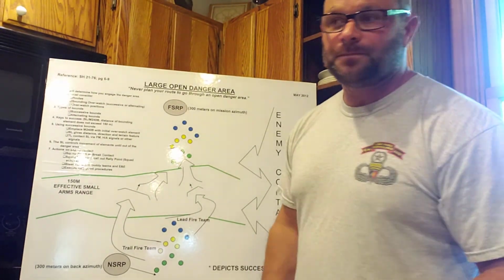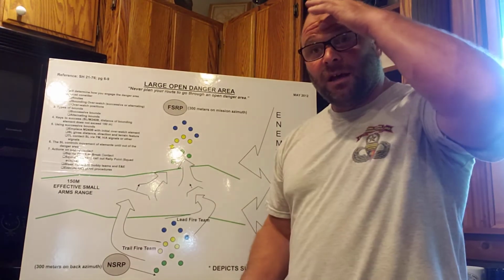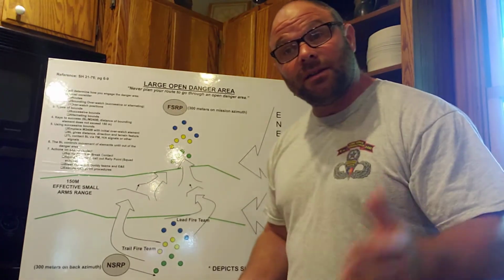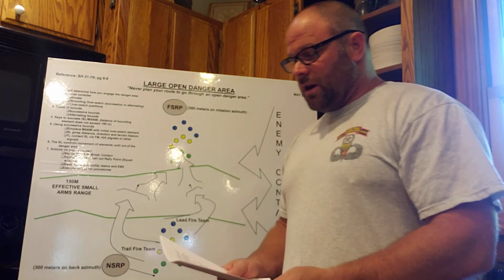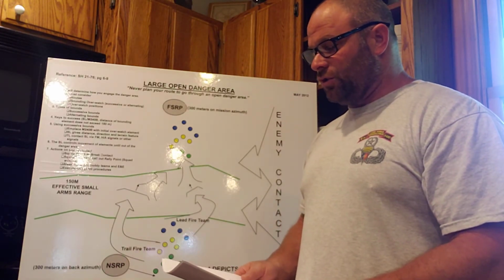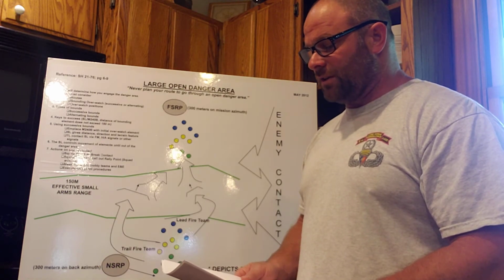You may have to get on a knee, still using the best amount of cover and concealment that's available to you, that the terrain gives you. So that's that METT-TC. Using successive bounds. As successive bounds are the most preferred method to use, I will talk you through crossing a large open danger area